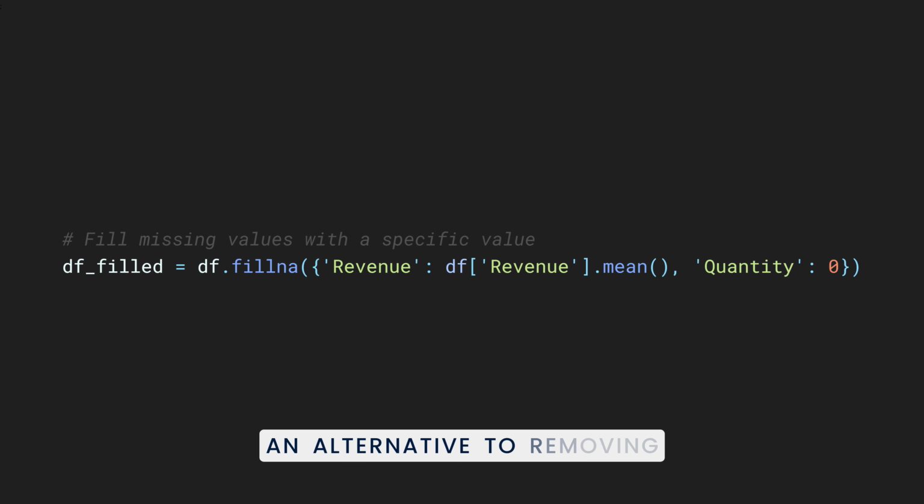An alternative to removing rows with missing values is to replace or impute them with meaningful values. The fillna method allows you to specify different fill values for different columns. Here, we fill missing values in the revenue column with the mean of that column, which is a common practice for numerical data. For the quantity column, we fill missing values with 0, which might make sense in the context